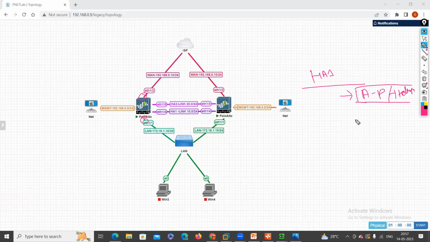Okay. The next topic is the active passive election process. Now we are going to see what the control link and data link are, guys. The control link will participate in the active passive election process, and the control link will also carry the hello, I mean heartbeat, information to check the availability of your peer device, your active device availability. In case the active device is available, but any one of its links is down,